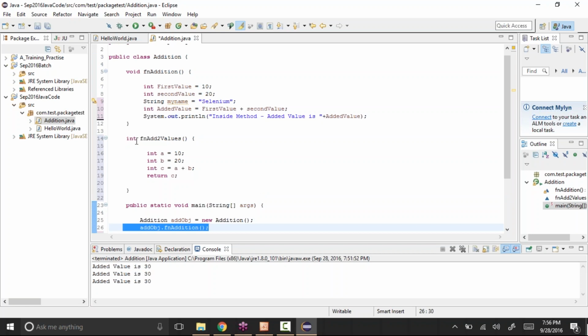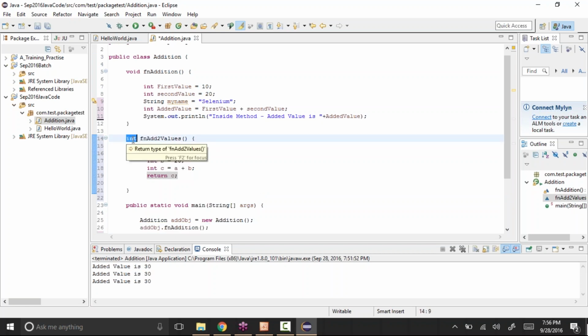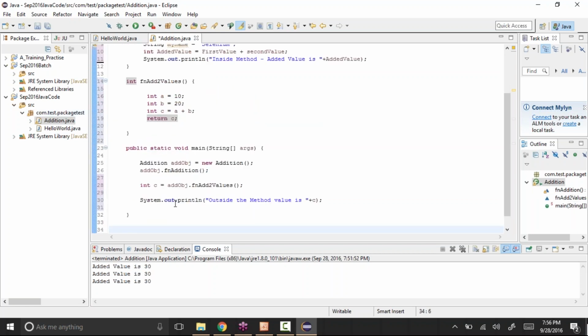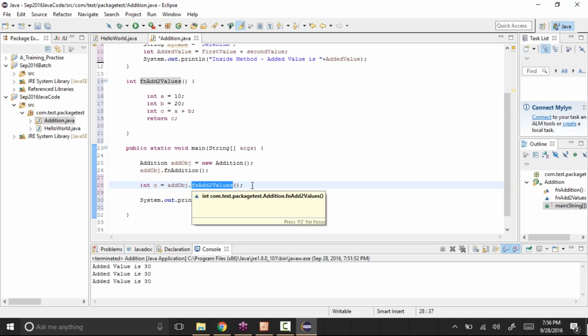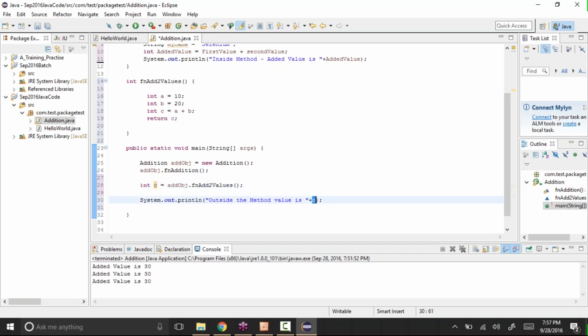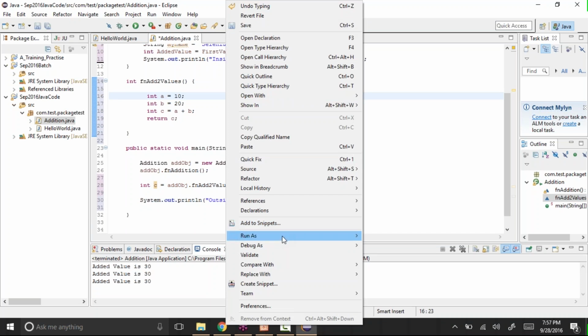In case you are returning a value and want to catch it, we need to store that into a variable. So int c equal to add obj dot fn add two values, whatever the method name. Then it will come into this variable and we are displaying that variable value here. You can give whatever name you want to that variable. Now if I run this,